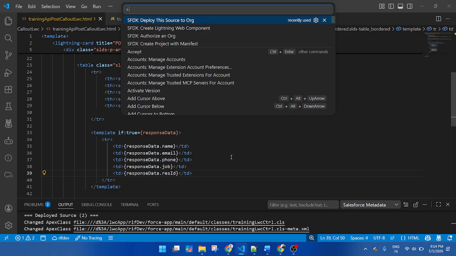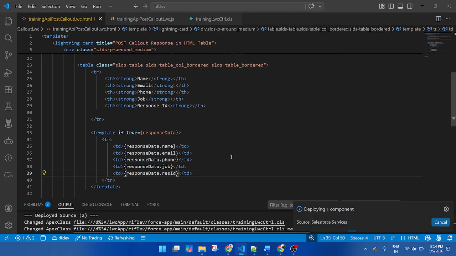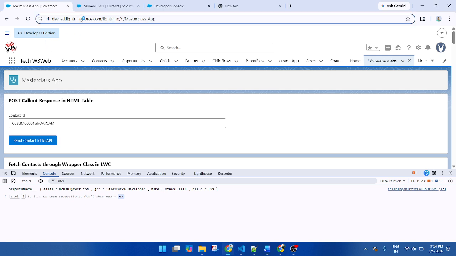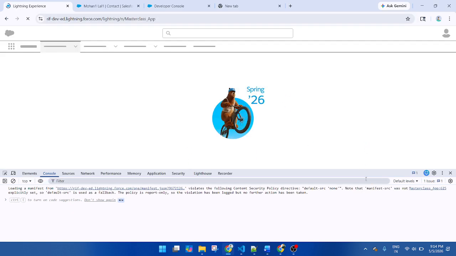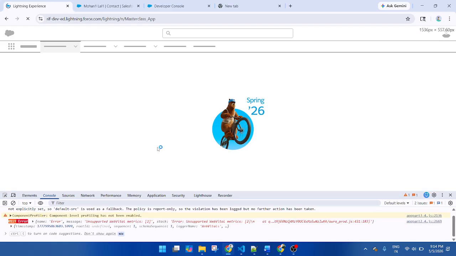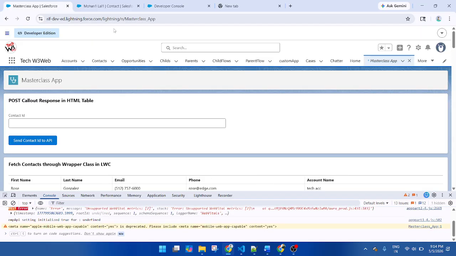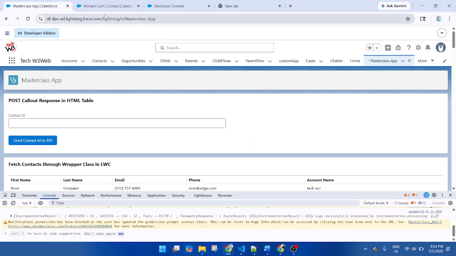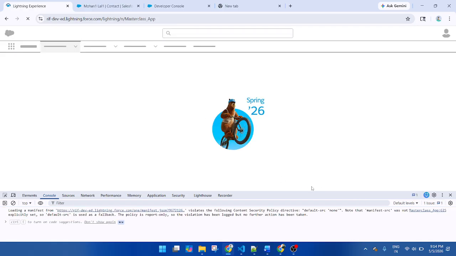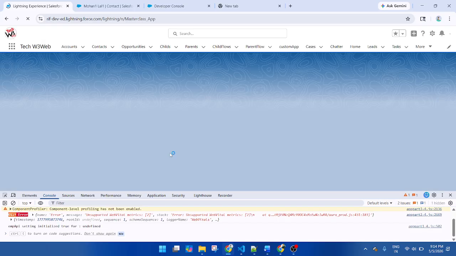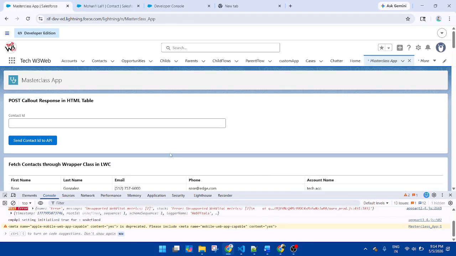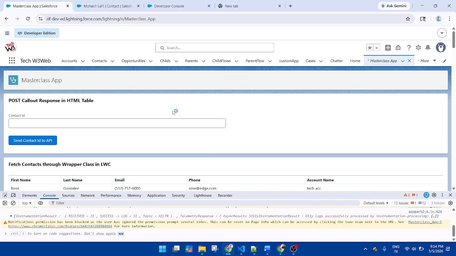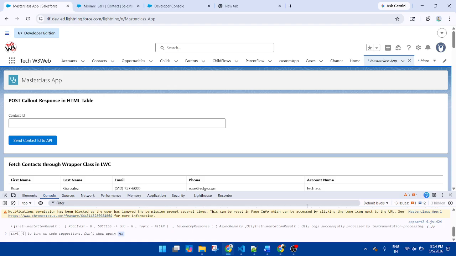Okay, now save and deploy the code. Okay, deployed successfully. Now let's refresh once again. This time the returned data should display on the component. My battery goes down, okay, let me check first.